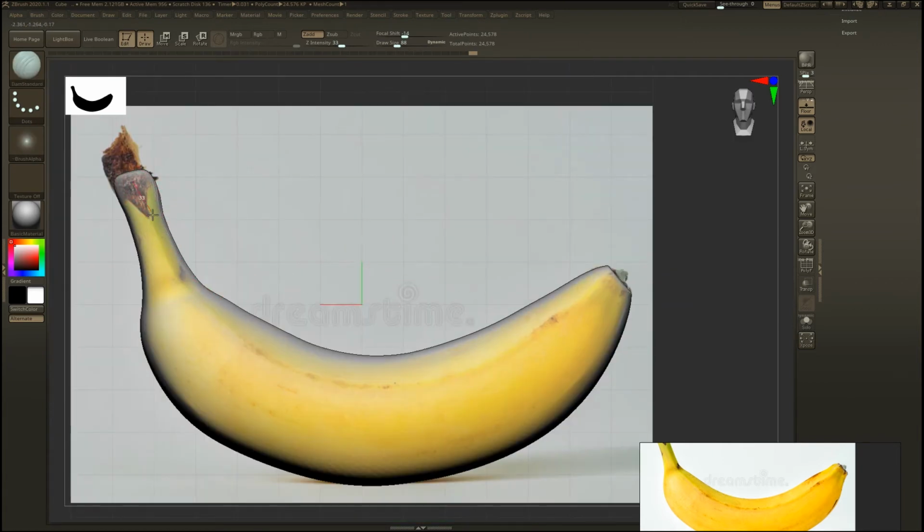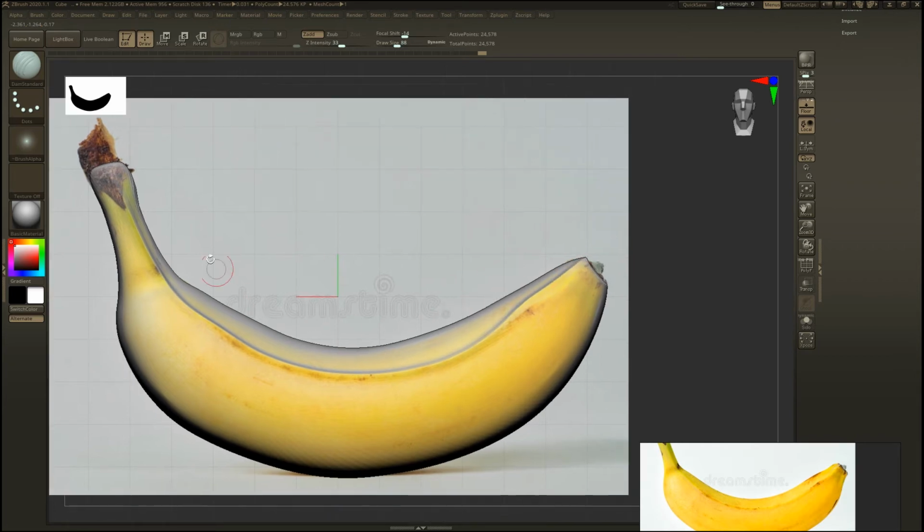Now try to make hard edges as shown in the reference. It becomes very helpful when you use a pen tablet. I am using a Huion pen tablet. You can check the link in the description below.